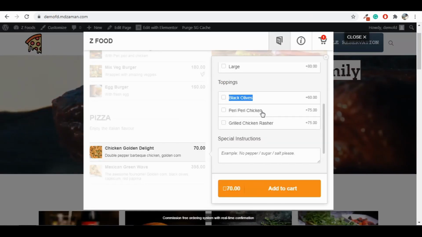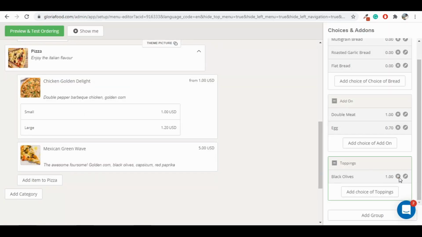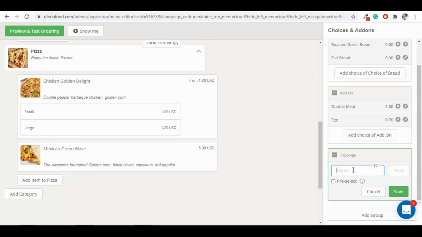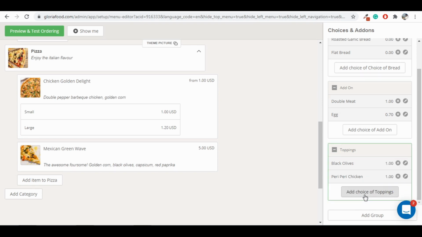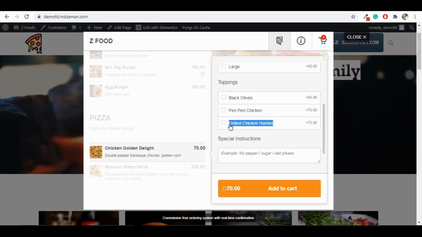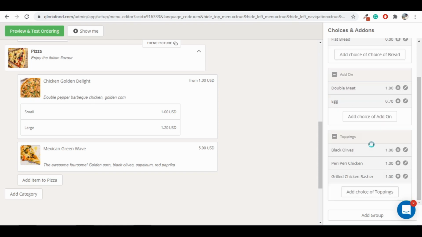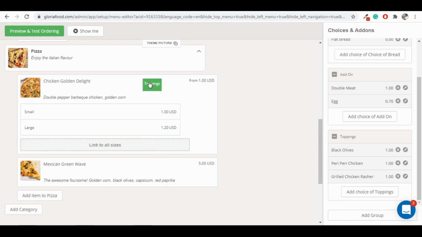Then we have peri peri chicken, and it is 75. I'm also going to charge $1 extra for this. And then we have grilled chicken rasher, and it costs 75 rupees, and this also costs $1. Okay, click on save, and these choices are available on both of our burgers,